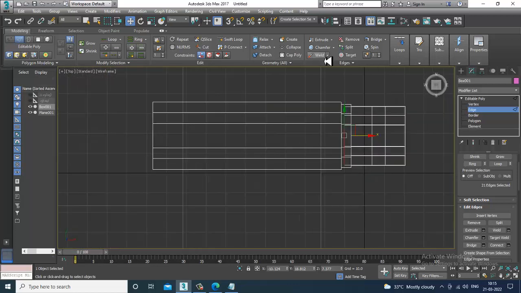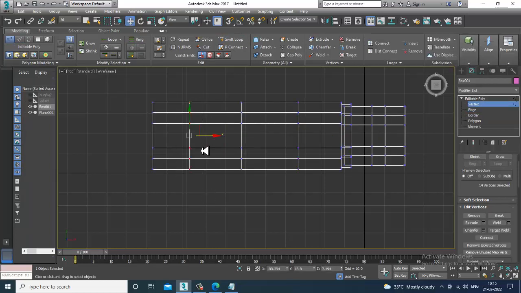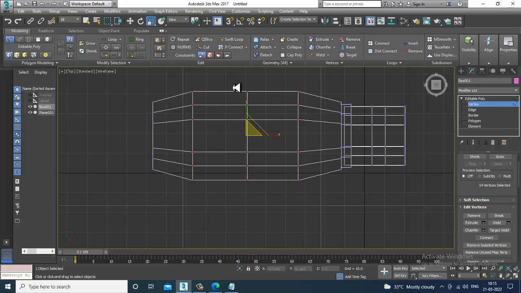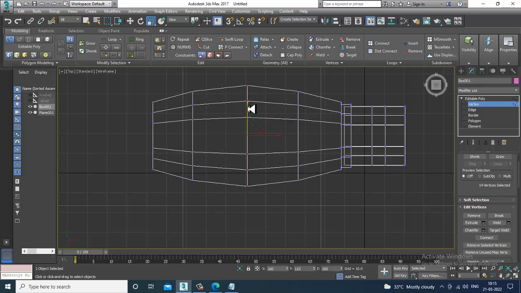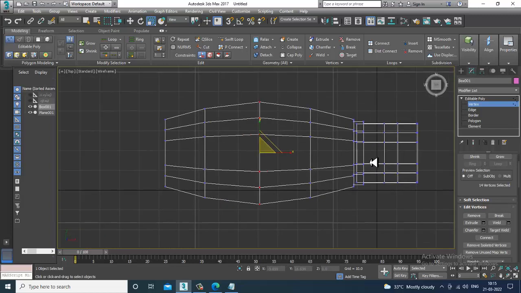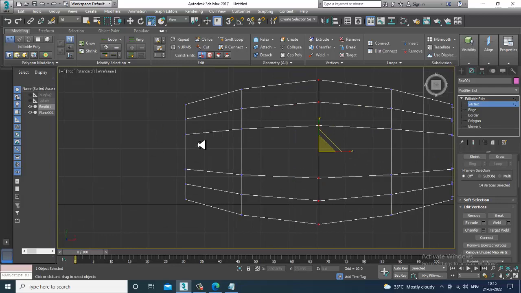So let's again go to the top view and you can put some vertices like this. Select all of this. I'll scale it right from the top. Select this. I'll just scale it right from the top. So once you're done, after that,